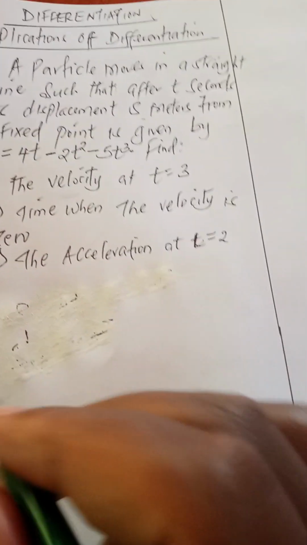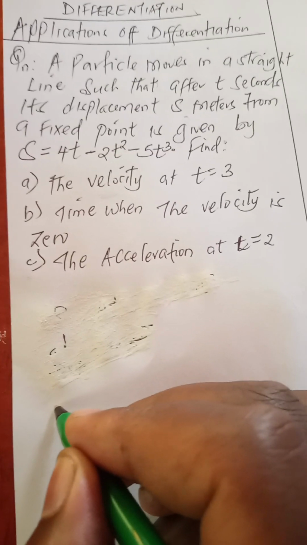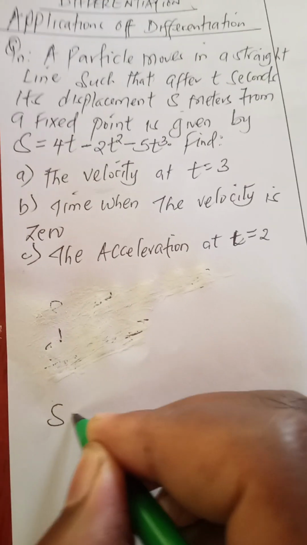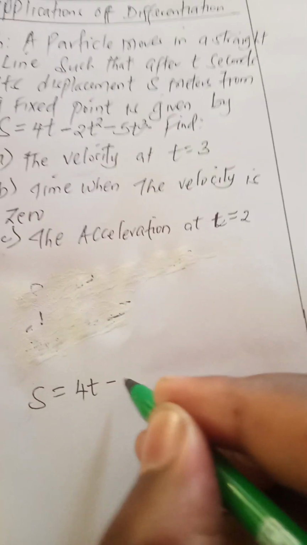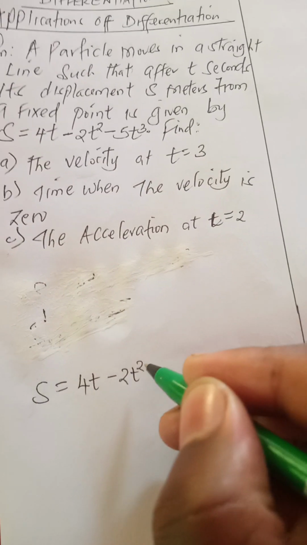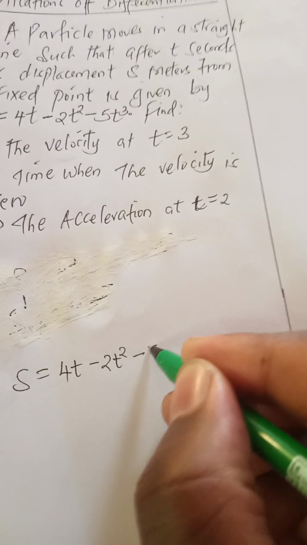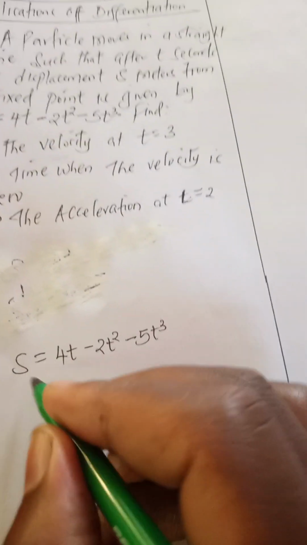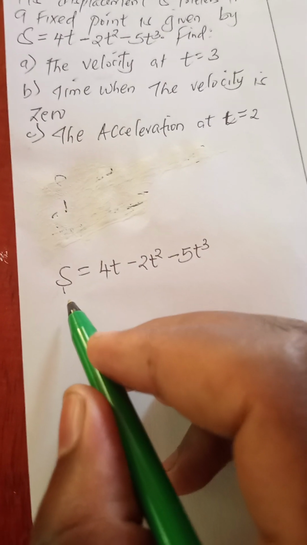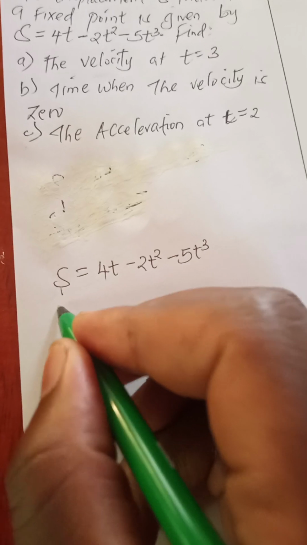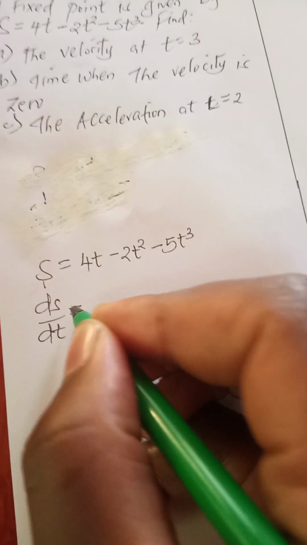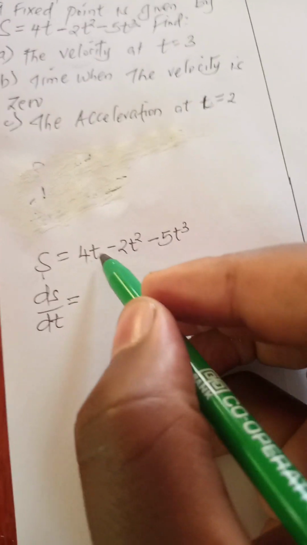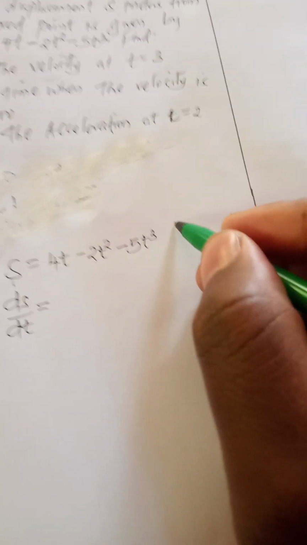So we'll come here and write the expression for distance as s is equal to 4t minus 2t squared minus 5t cubed. So differentiate s with respect to t. In other words, you say ds/dt will be given by,